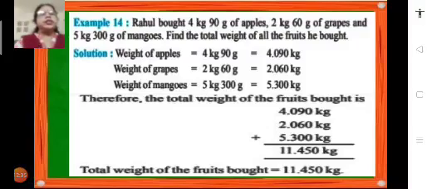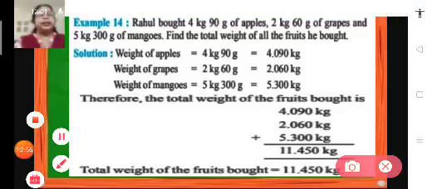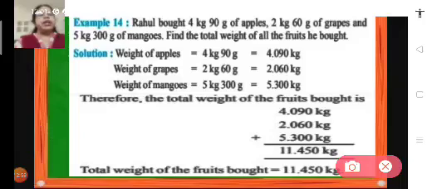So let's take the next problem. Rahul bought 4 kg 90 grams of apples, 2 kilograms 60 grams of grapes and 5 kilograms 300 grams of mangoes. Find the total weight of all the fruits he bought. So we know that to get the total weight we have to add the numbers, but first we have to